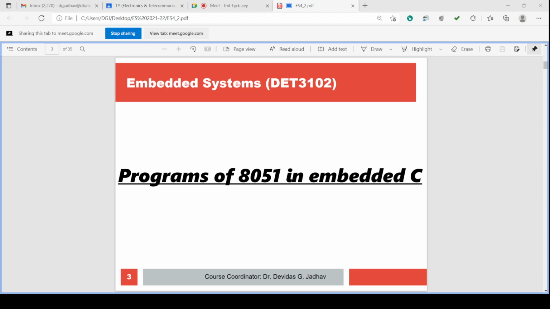The 8051 IC has 4K program memory or code memory, isn't it? 4K code memory is there in the 8051, and 128 byte RAM. We are not writing anything into RAM. RAM is used while a program is being executed, as registers, etc. But the ROM, which is called code memory, is there. Into that code memory we are writing the program. Then how to write it?